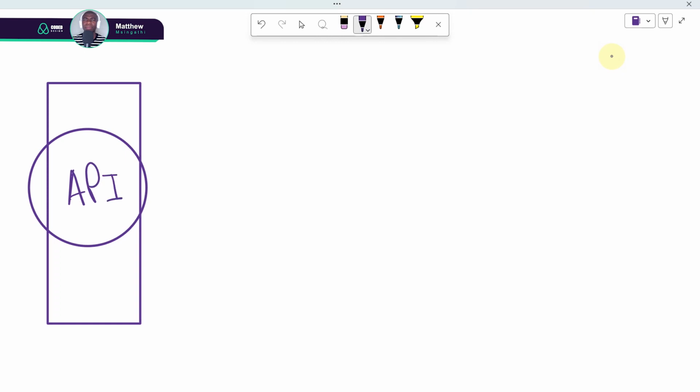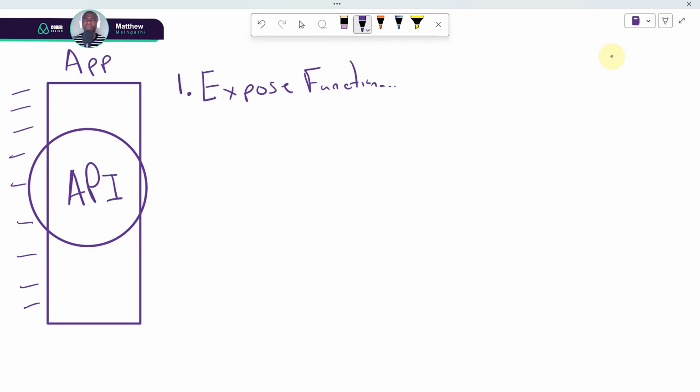Okay, we only got an API. So this app, okay, step number one, this code base needs to expose functionality. This code base now needs to expose certain functionalities, meaning that if there is a visitor,